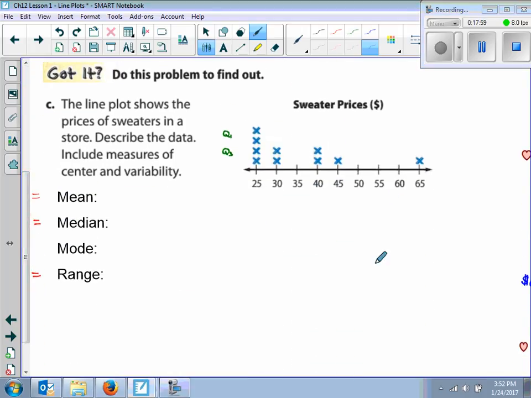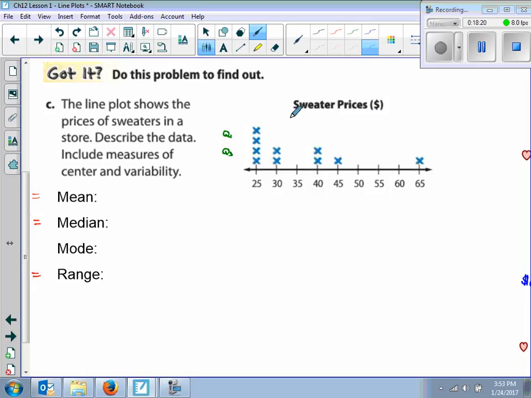Okay? So here we have the line plot shows the prices of sweaters in a store. We want to describe the data and include the measures of center and variability. So the first thing for the measures of center: mean, median, mode, and range. Okay? So